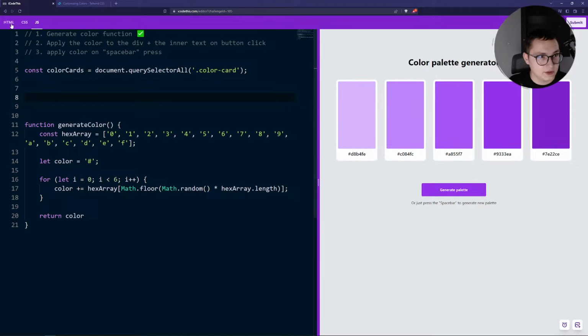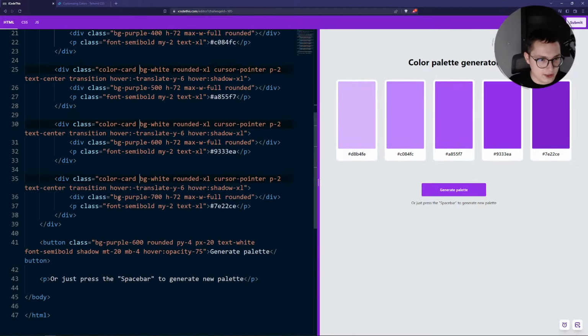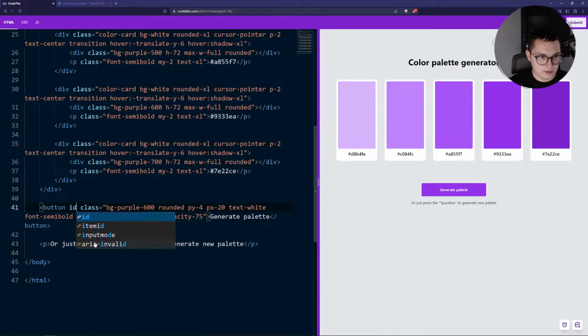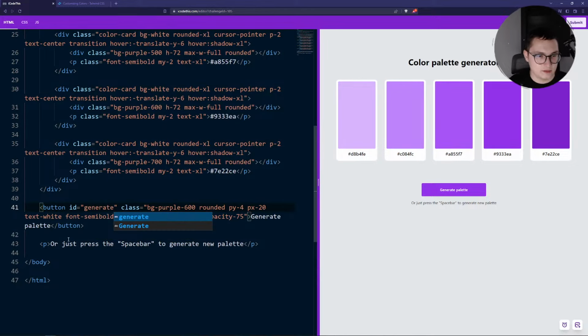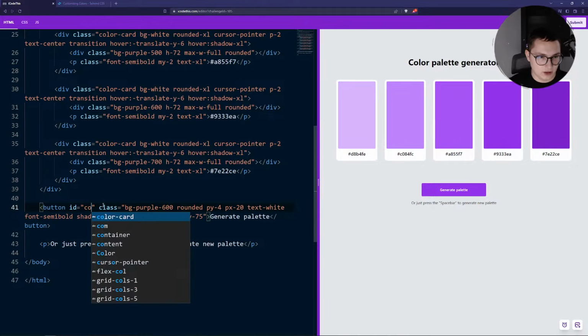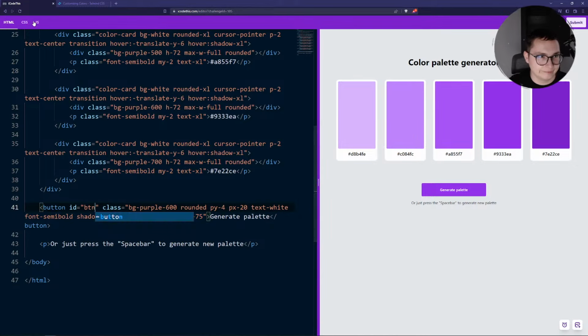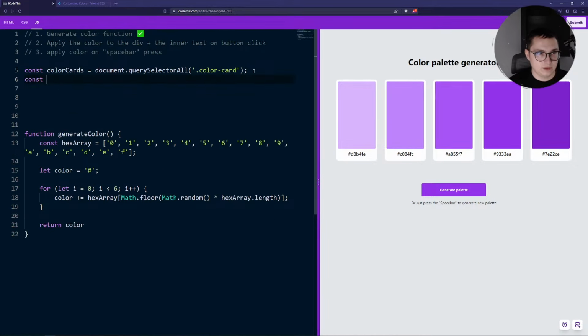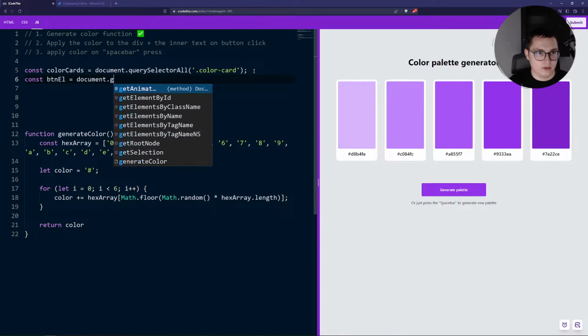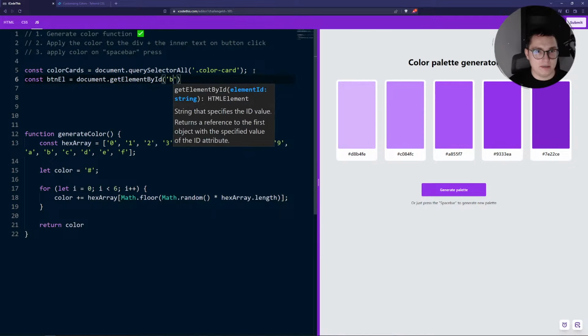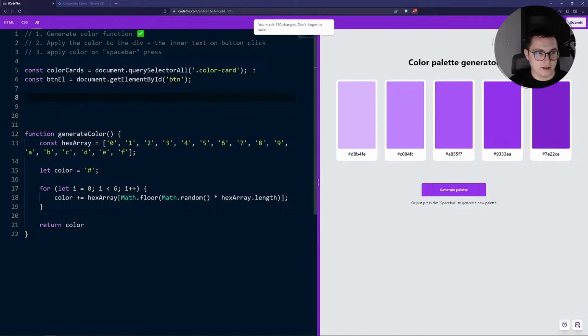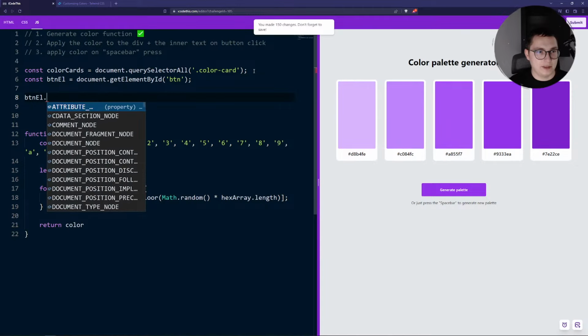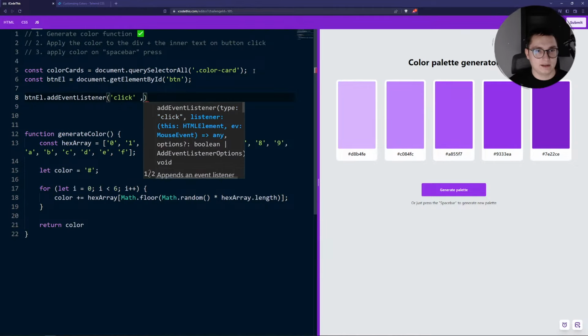So we need an ID here, get colors, something like that, BTN. Document get the BTN element, and here the BTN element, we add an event listener, click,